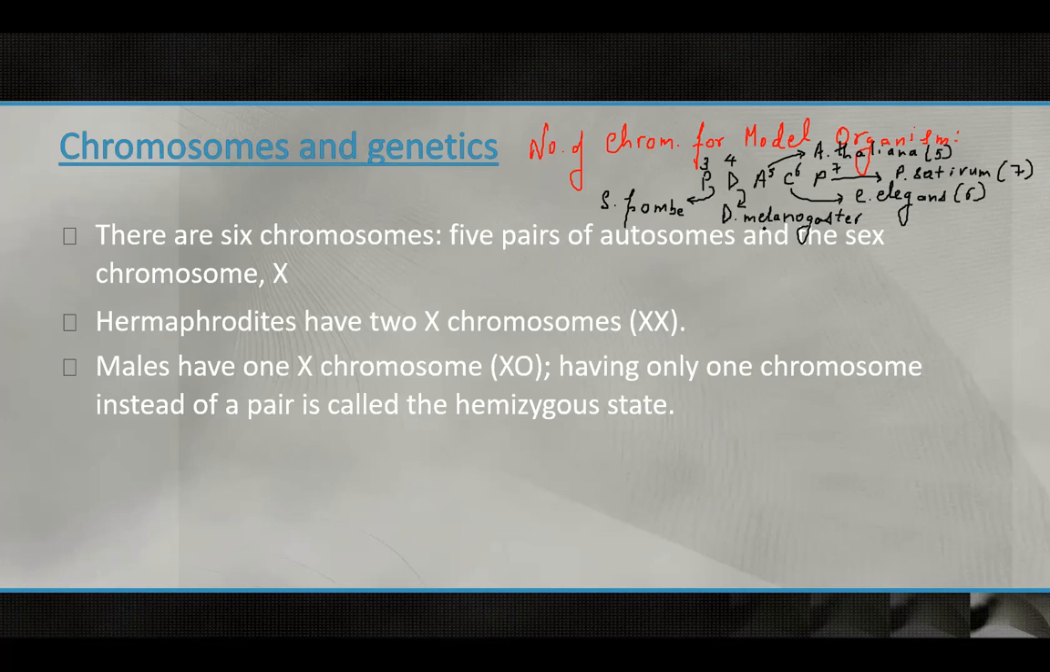Next, these organisms are hermaphrodite. They have two X chromosomes, so they can be written as XX, whereas males can be written as X0, having one chromosome instead of a pair, hemizygotes. So instead of a pair of chromosomes, males are said to be hemizygous in nature. Look, males do not have two chromosomes, males have only one chromosome, so we can also call males hemizygous. Next,